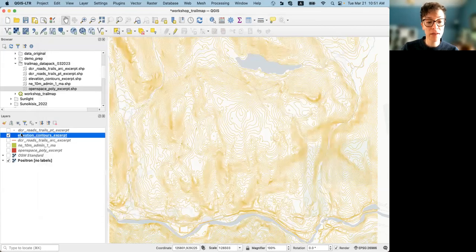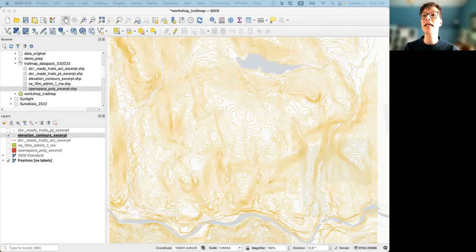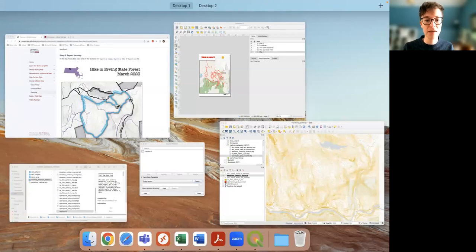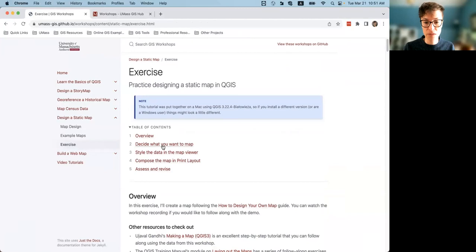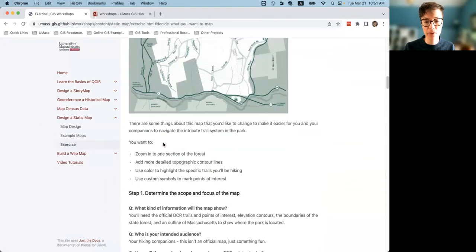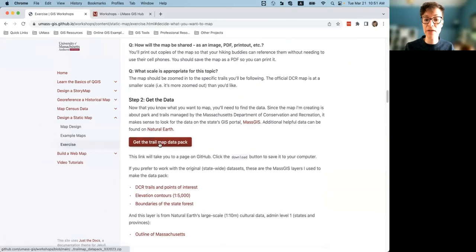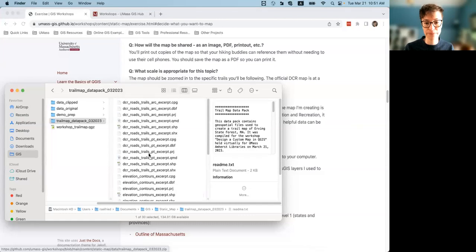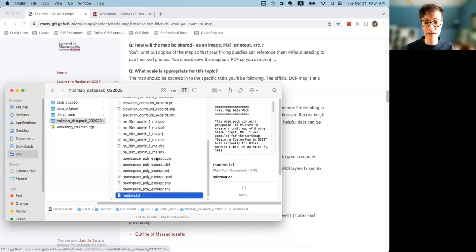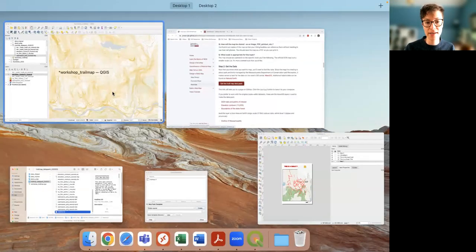So now if I open the symbology for this, how did I add the contour lines? This is in that data pack that I downloaded from the website. If I go back to my little workshop website at the top, decide what you want to map. There it is. There's a red button, get the trail map data pack. If you download that and unzip it, what it looks like is this package here. And there are several files in there. And so I added it to my QGIS session